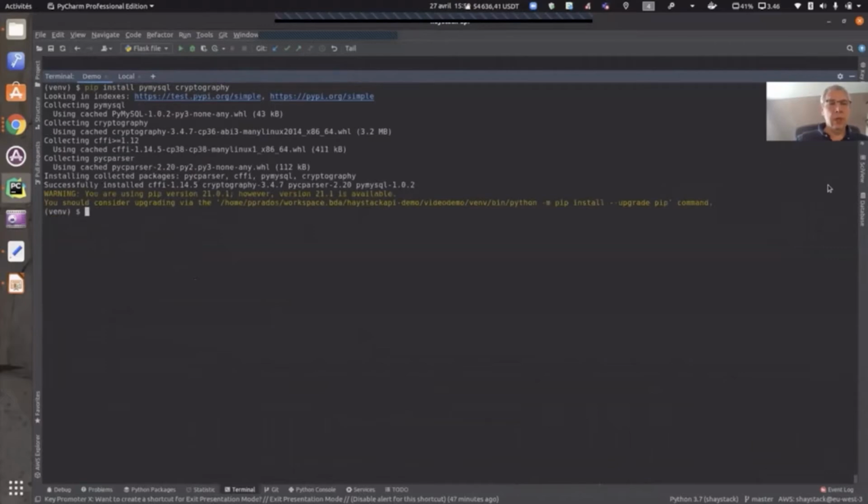Now I can set a variable with a link of this local database. It's time to import the data inside this MySQL.